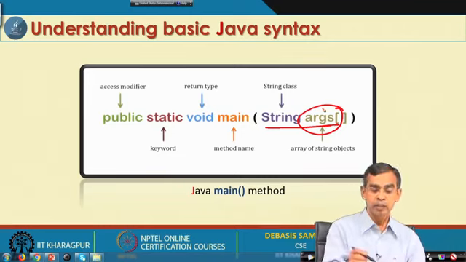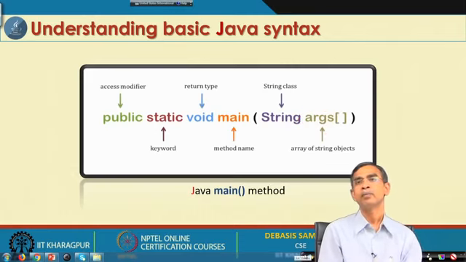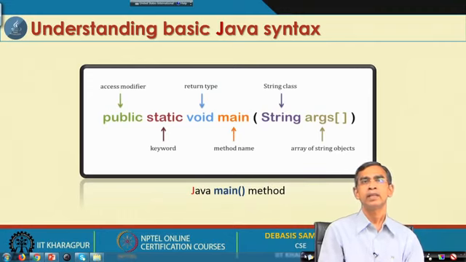So, this is why the argument here is declared as string. It basically indicates an array of string objects. So, these are the few things we have already used without knowing the reason, but this is basically the basic syntax of the Java main method that it should be.